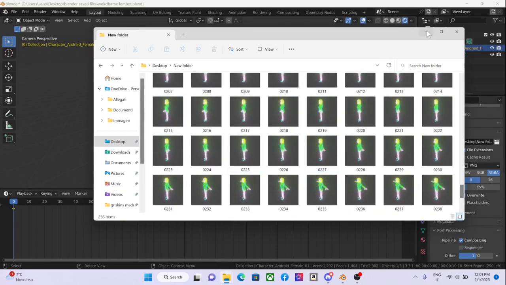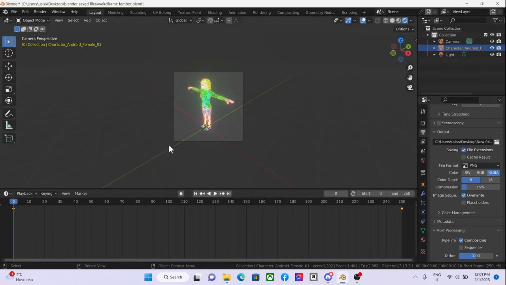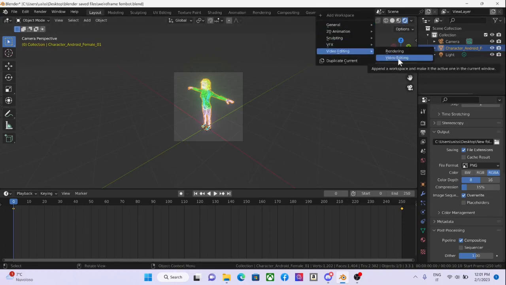And this is good because when your computer is not so powerful, you do it this way and you are sure that you can manage if the computer stops, freezes, something like that. So like this, after you have to change these options and also add the video editing,